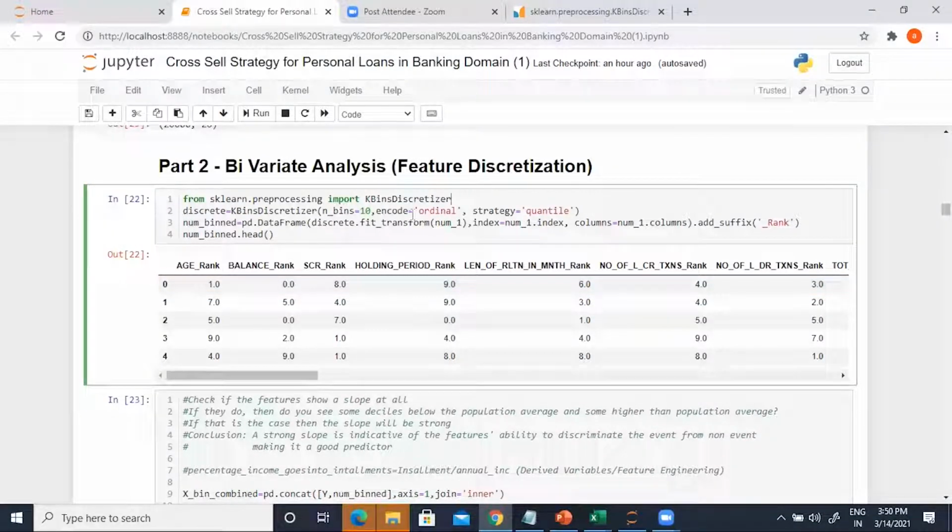So I will say let's keep n_bins equal to 10, encode equal to ordinal, strategy quantile, meaning that I want 10 groups, and I will be looking for an encoding of those groups 1, 2, 3, 4 up to 10, and they need to be ordinal, meaning that group 2 should have a higher value than group 1, group 3 should have a higher value than group 2, and so on. And strategy is going to be quantile. So when I say 10 bins using the quantile strategy, every bin should have 10% of the observations. Make sense?